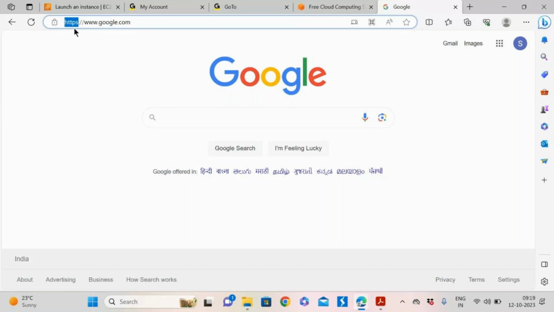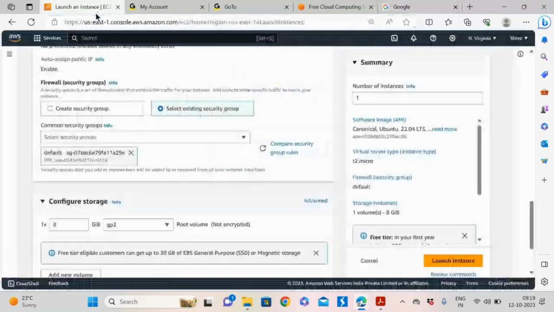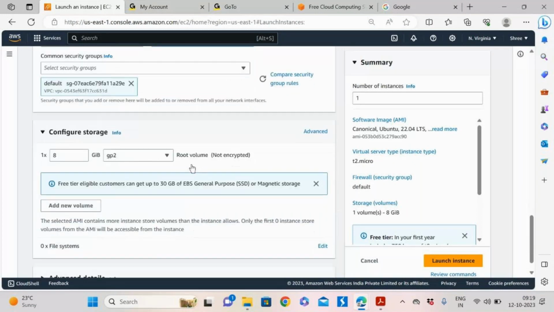This protocol has the port number 443. So if I want to open this browser, that particular port number should be whitelisted, or added in this group. I'll quickly show you what this group contains once it is launched.